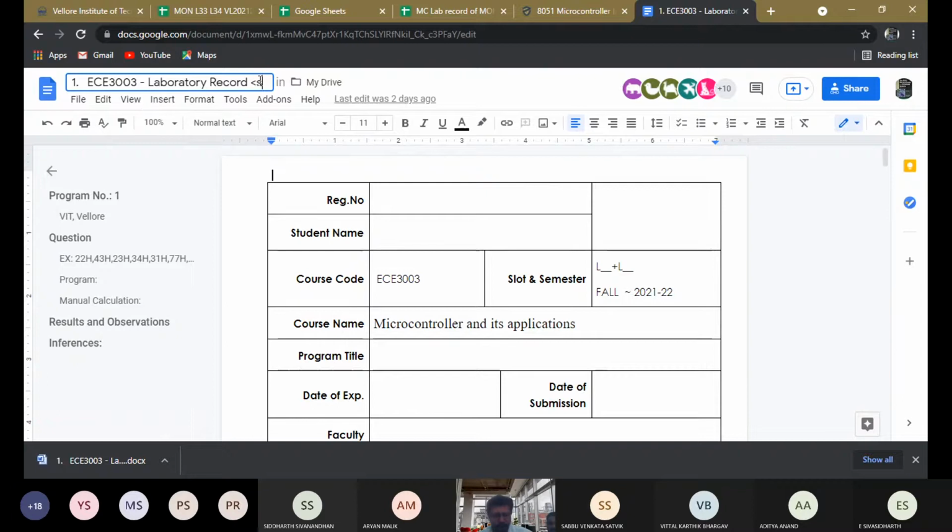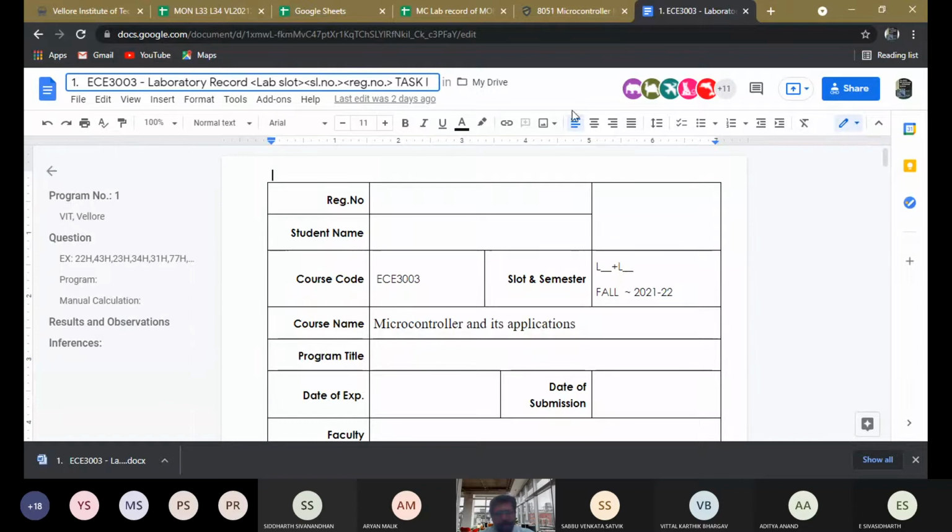What is your slot number? That is lab slot, serial number in the lab, your registration number, task 1. So you mention like this.